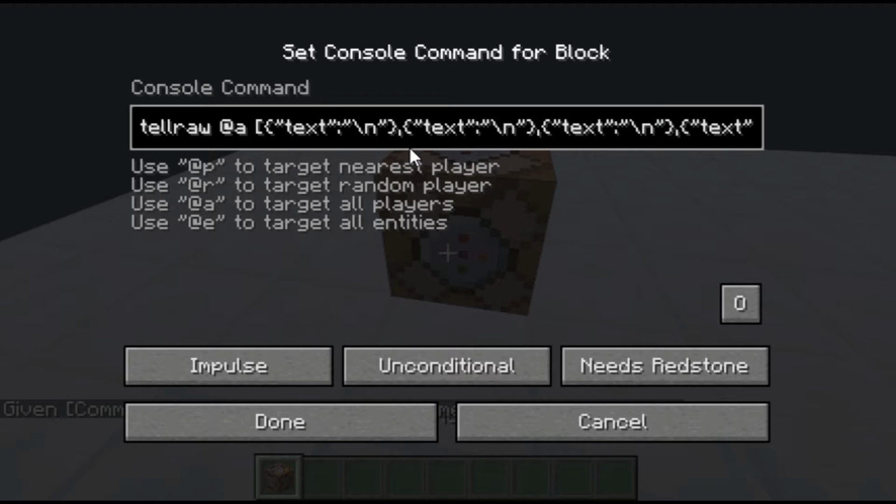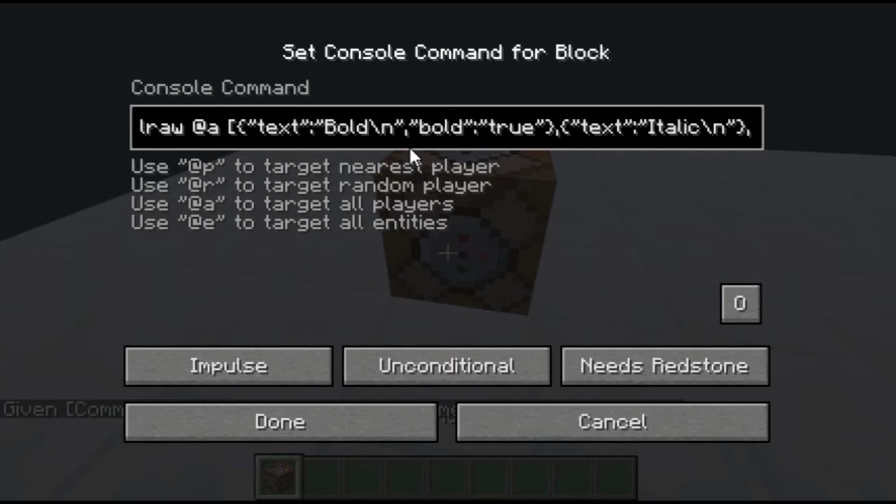Okay, so this one here is going to be bold. By the way, this isn't on the wiki exactly. I'm kind of compiling a bunch of them. Bold, true. So that's all you need to do, really. And then this next one will be italic. And again, you just do comma, quote, italic